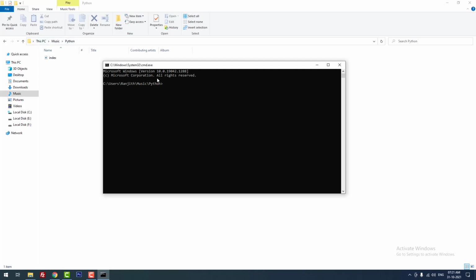You have to use this command to run the Python file: python, space, then the file name, then the extension .py. When you hit enter, it will ask your name, Ranjit. You can see that the output is successfully returned, hello Ranjit.